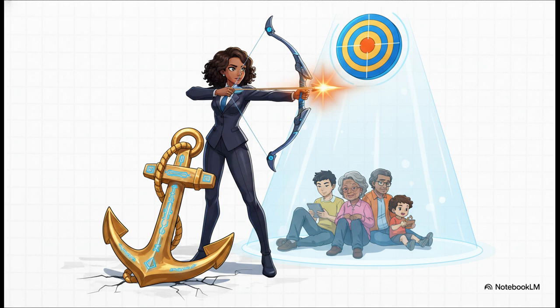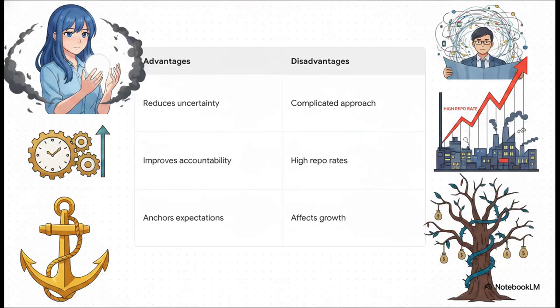Critically, it also relies heavily on transparency and accountability. By telling the public exactly what they're doing, central banks hope to firmly anchor the public's inflation expectations, preventing that self-fulfilling prophecy of panic we talked about. Now, this approach brings real-world trade-offs. The advantages are pretty clear. It reduces uncertainty, enhances sound economic planning, improves accountability, and limits the unchecked discretion of policymakers.